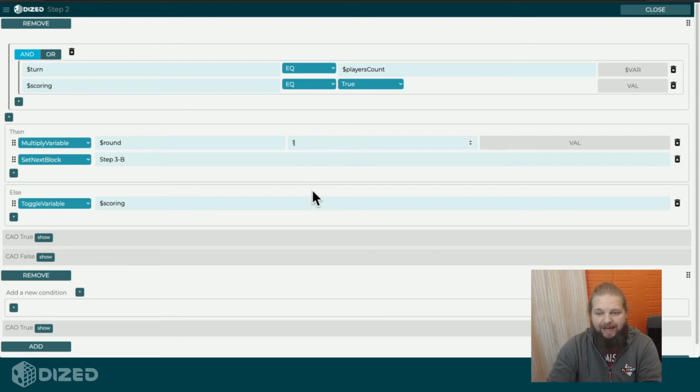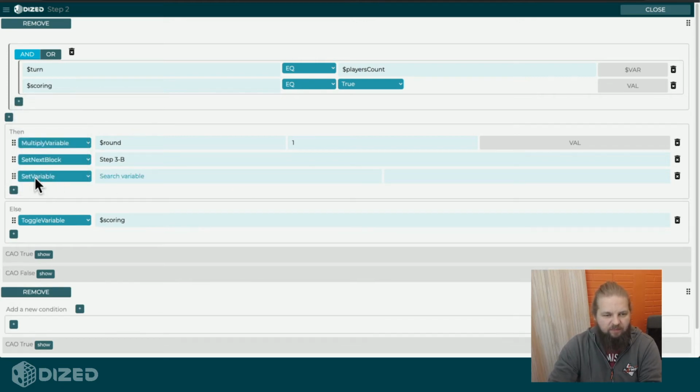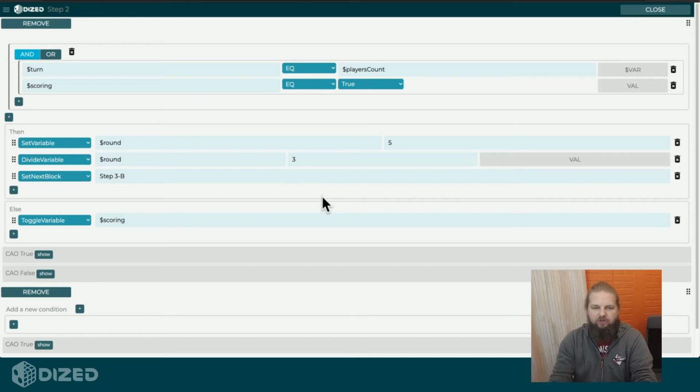All right, apparently you can't. You can use full numbers. And if you try to divide a variable, let's say the value of round, let me actually use, so let's set variable round, for example, to 5. And then I want to divide that variable by 3. Now, the value that it will output will be the closest whole number. So in this case, it would be 1 or 2. No, 2. And